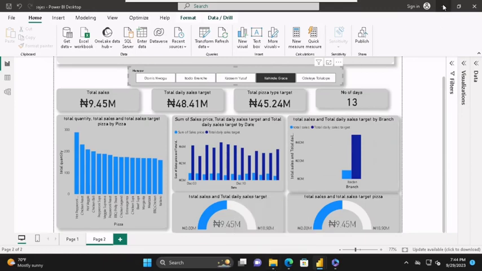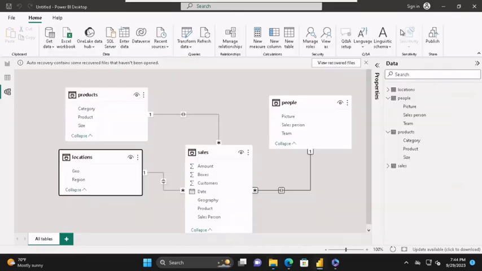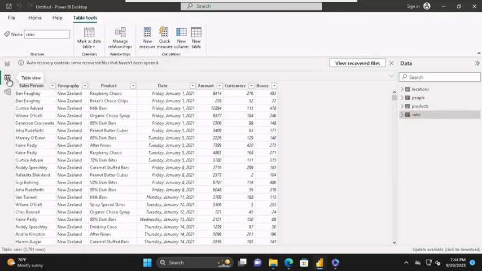So what you use DAX for is particularly for creating measures. Okay, so this is going to be a bit theoretical, but just stay with me. You basically use DAX for creating anything. It's just an expression, more like formulas in Excel. So we are going to be using DAX to write a bit of formulas, but most of the time we are going to use it to create measures. So measures are basically used for